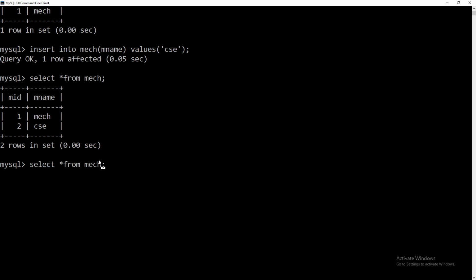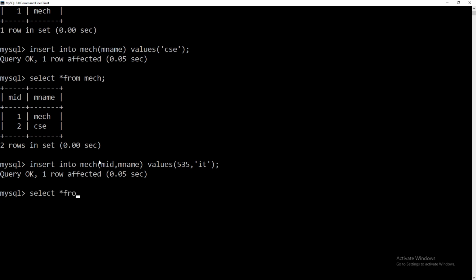So if I insert, now I am trying to insert m name, sorry, it should be like the schema, right? mid comma m name I want to pass, where mid is 535 comma the value is it. Guys, what I did here, I did it by myself. Now it is also allowed, even though it is auto increment, you can pass the value, and that value is going to be inserted into the table, right? Select star from